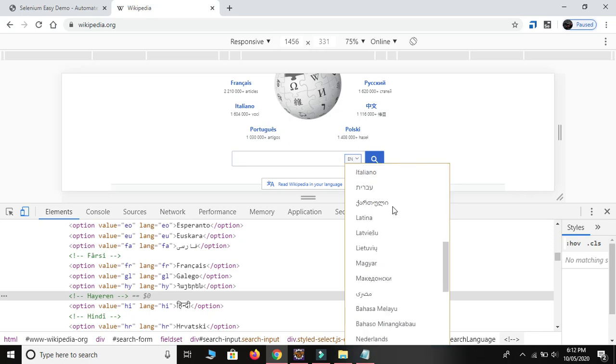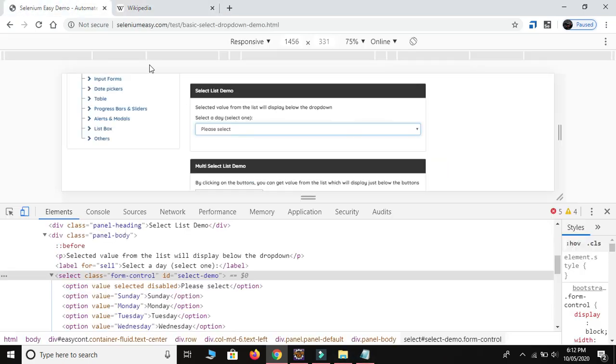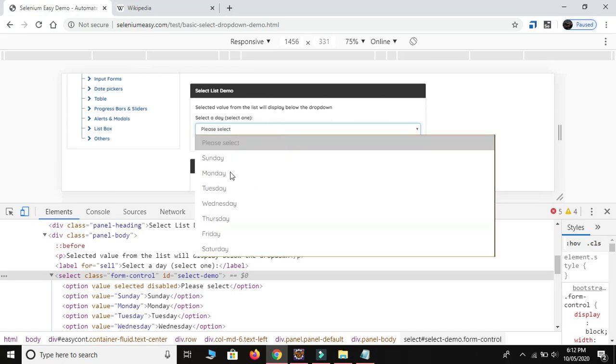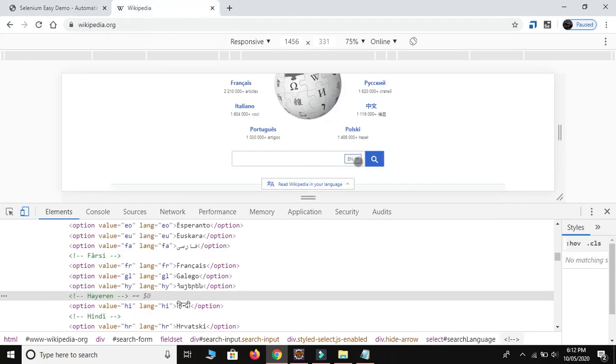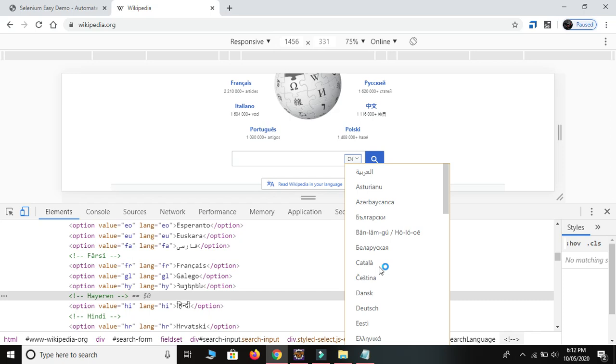In this example all the values come in a single language, English, so we are able to use the select by visible text method also. But for this type of example, it is better to use select by index, or you are able to use this method also, select by value, HI.